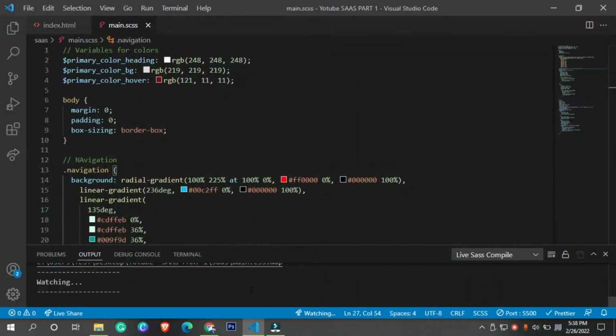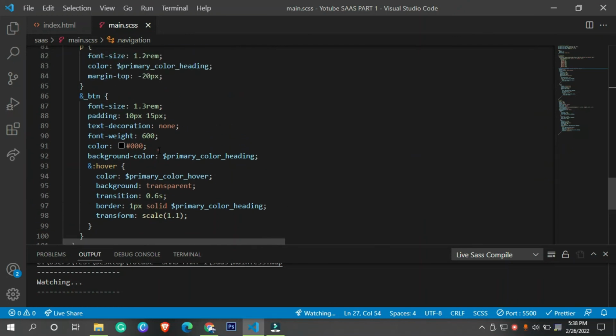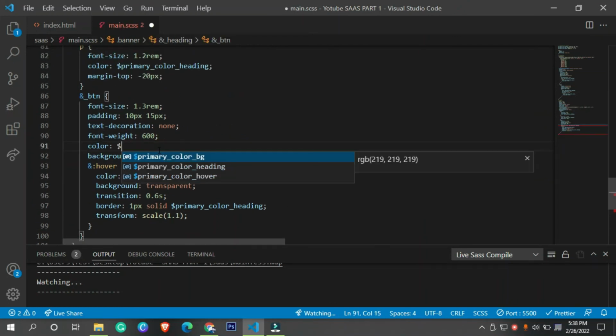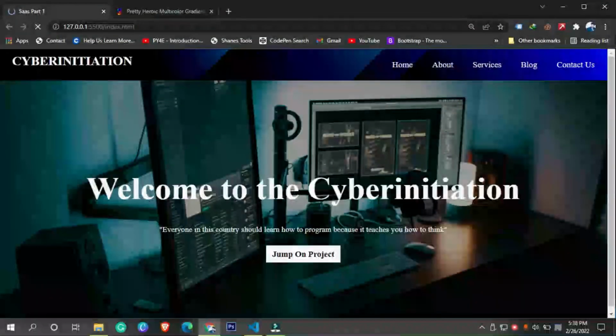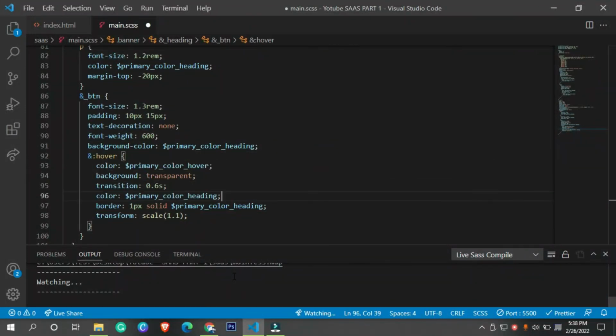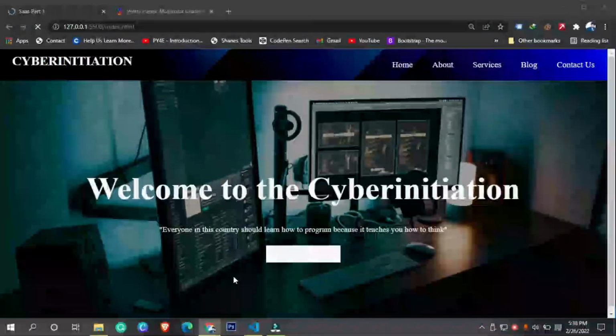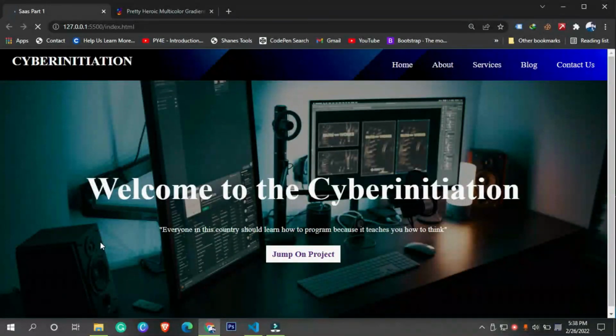And I'm going to change the color of this button after hovering on it. So the color of this particular thing is, let's say, primary page heading, and let me add it. After saving it, oh, what did I do? Actually, I need to add it inside our hover section, not there. So let me remove it. Now we have this particular button, and our color is changing.